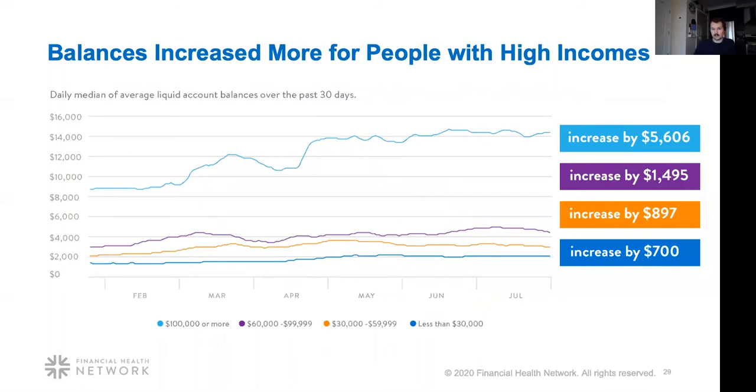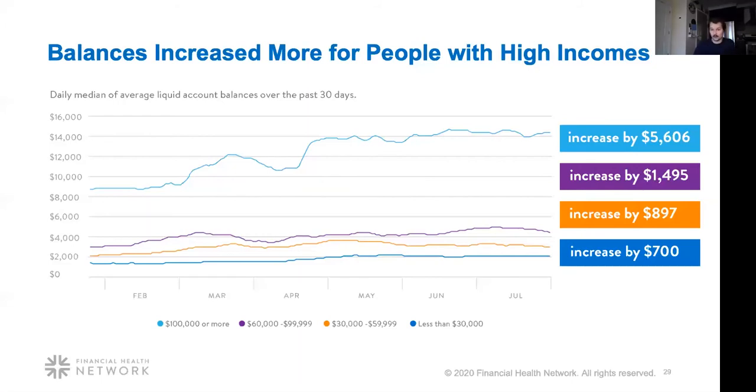Likewise, looking at savings balances over the course of the pandemic, and by savings, I mean the balances in people's liquid accounts, including accounts like checking, savings, and prepaid cards. Looking at our transactional data from the end of February to the end of July, we saw that balances had increased more in terms of dollar amounts for people with higher incomes. So individuals with a household income of $100,000 or more saw their balances increase by $5,600, averaged over a past month,